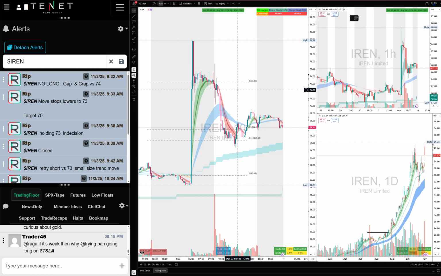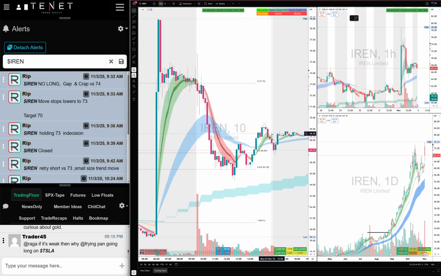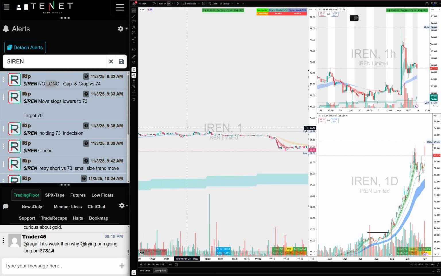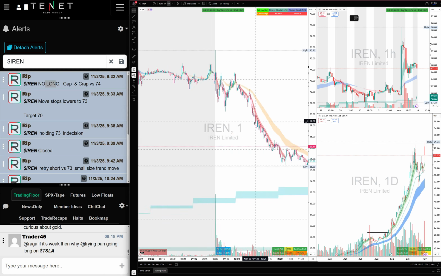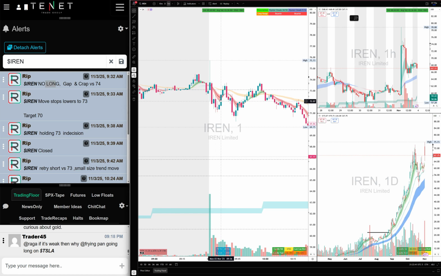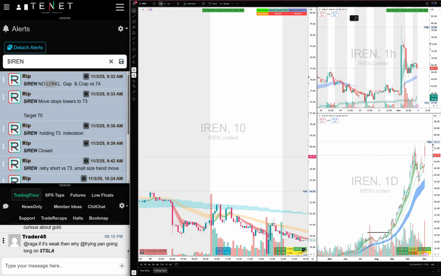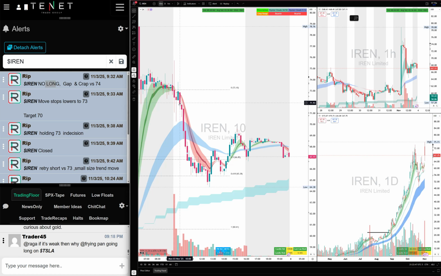So it was definitely not easy in the morning. We always use 10-minute candles. You see that right at the open, IREN dumped under that 512. As soon as that happened, I knew it's not a long. So I told the traders no long, gap and crap versus 74. It did flush down, but right back it started to swipe back up. When it started to swipe back up, we had to close it because the first candle was an indecision candle. So we were trying to figure out what we wanted to do there. We did short it, but when it started to swipe back up, we closed it because we didn't want to get squeezed if it pushed higher.